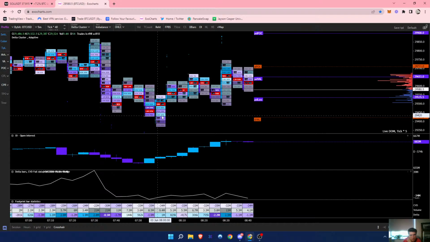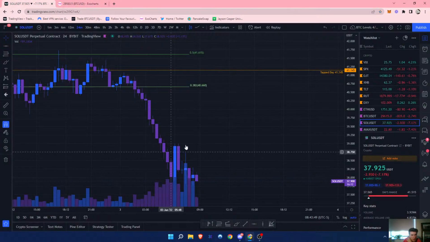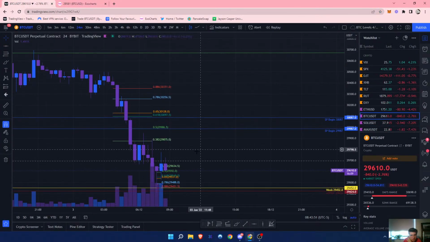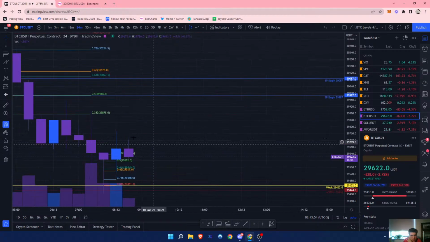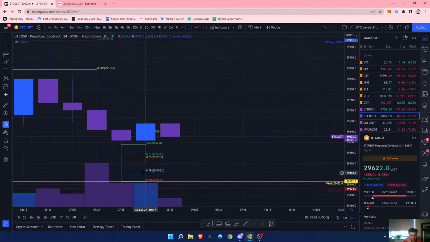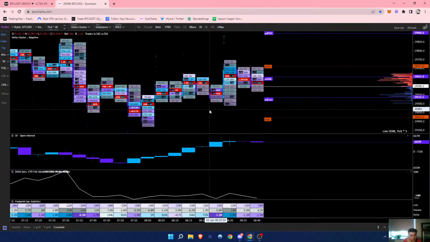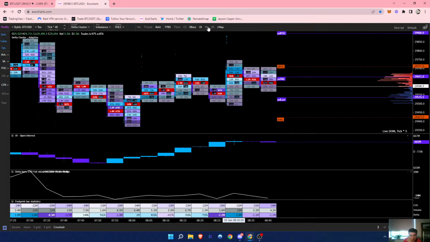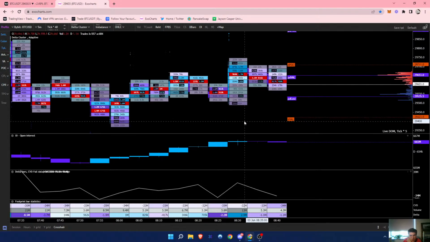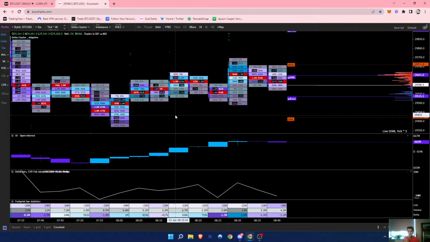Don't want to see price going below 29,420, going back to the 786, or again the golden pocket. So we want to see a bounce up from there. But right now, kind of some shorts coming in. Price isn't really moving as shorts are kind of coming in. So again, that's kind of hinting towards absorption. Don't have confirmation on the CVD yet, but